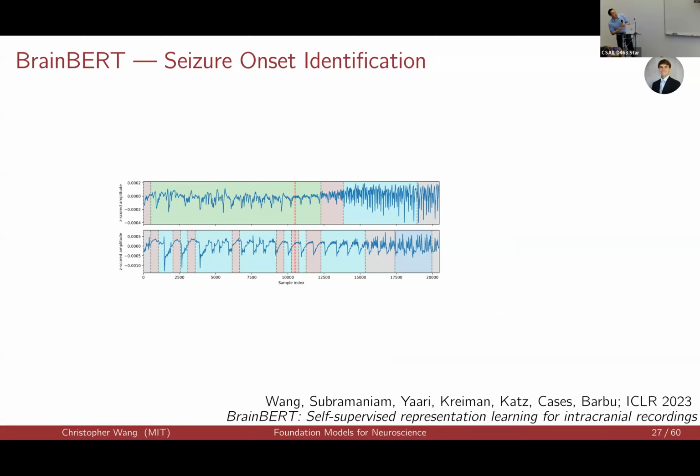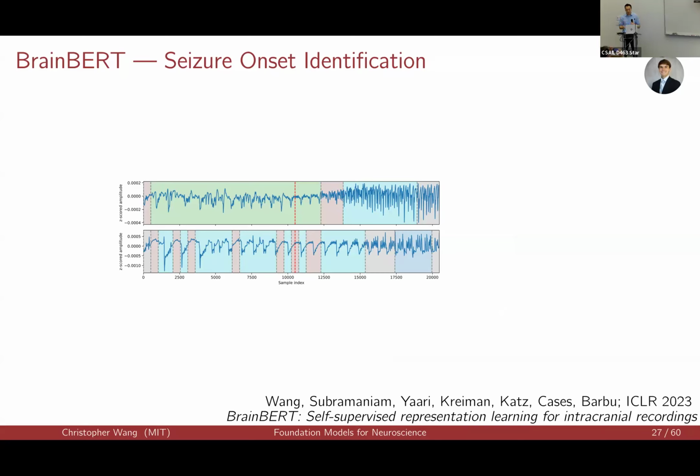I'd like to highlight Grant Bell, the student at MGH who we're working closely with, and he did a lot of very cool supervised seizure onset detection work that's not on this slide. But I also want to recognize him because he biked all the data over from MGH to MIT. And it just turns out that for 10 terabytes of brain data, the fastest way to move it is someone with hard drives in their backpack, biking it over.